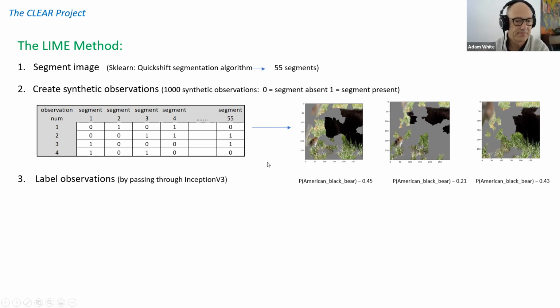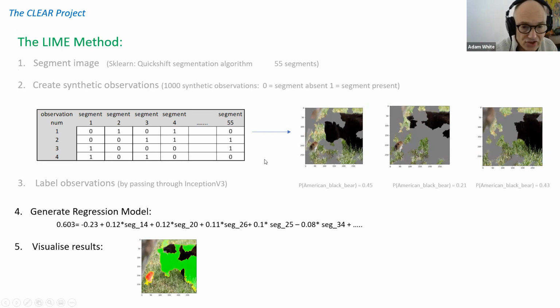This is then used to generate a regression model, and then Lime presents results where it highlights both segments with the greatest regression coefficients, positive regression coefficients in green, and whichever segments have the largest negative values are in red. So you can see here that large portions of the cat are responsible for the image being classified as being of a Great American Bear, whereas the mouse had a negative impact on that classification. Okay, so that's very quickly how methods like Lime and also SHaP work.